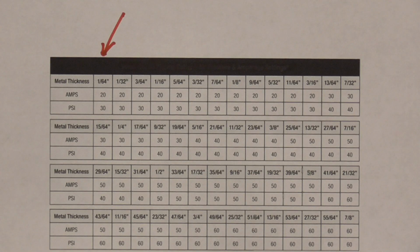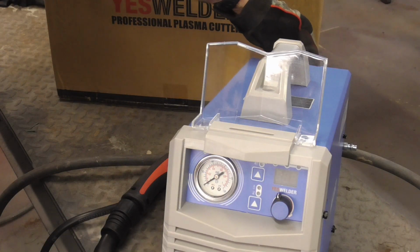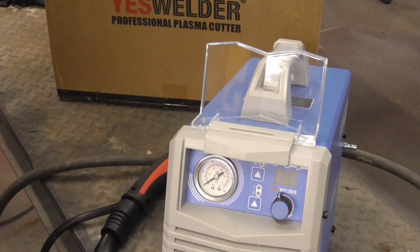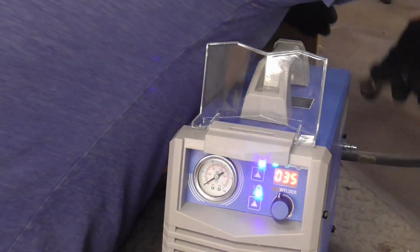We'll be cutting some sheet metal today, so for reference I grabbed this chart off the internet, and it says set the amps at 20 and the PSI at 30. We'll be using this gauge, this button, and the regulator to adjust the air pressure, and this dial to adjust the heat. So we'll turn the machine on, hook up the air,